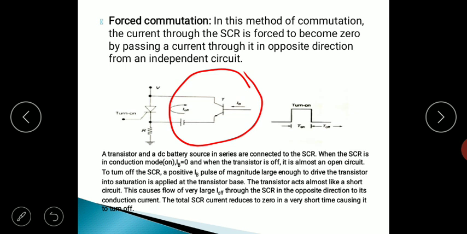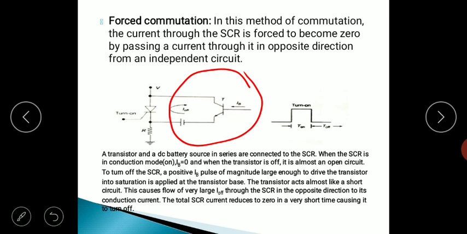The commutation circuitry consists of one bipolar junction transistor and supply V, and a pulse is applied to the base of this transistor. In the absence of any pulse, the transistor is off, so it will not affect the working SCR, and the SCR will be functioning normally.